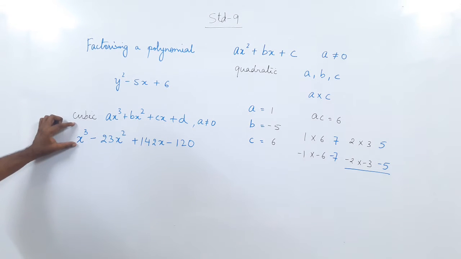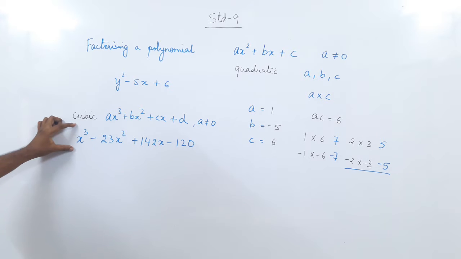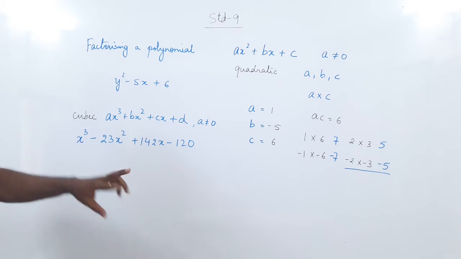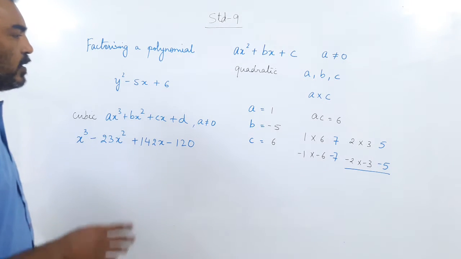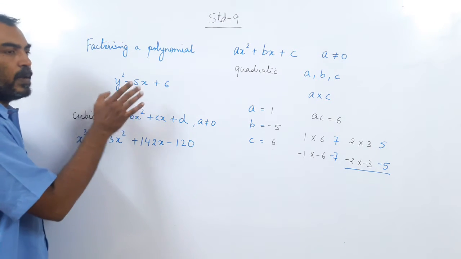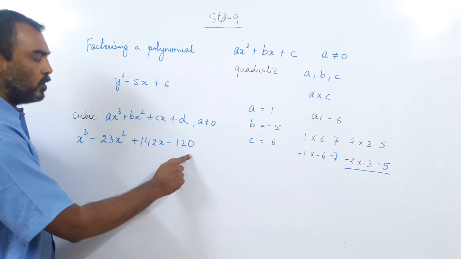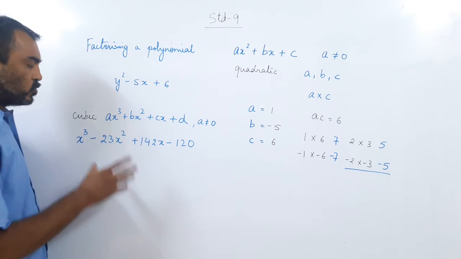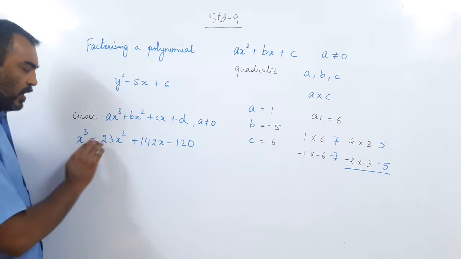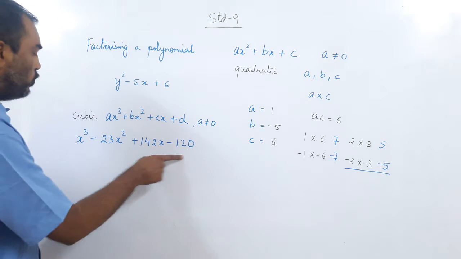Now I move to the cubic polynomial. To begin this sum, I cannot use a method like this. So first of all, I need to find a factor of this and break this down, and this can be broken down by two methods, which I will show you very shortly. But the thing I am trying to explain again: for a quadratic polynomial, we have a method called splitting the middle term. But for a cubic polynomial, to start this sum, we do not have any such method. So first we have to find a factor of this and break this down, and after breaking this down, we can use splitting the middle term. Now how do we break this down?